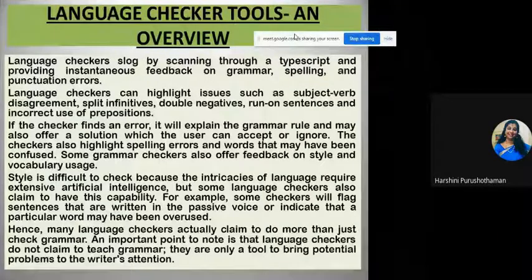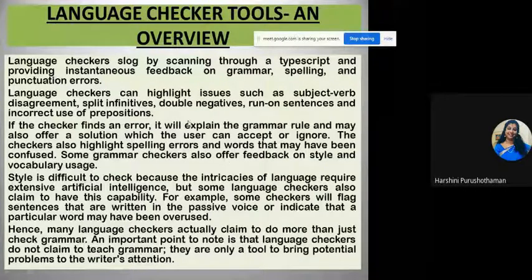An important point to note is that grammar checkers do not claim to teach grammar. It is only a tool to bring potential problems to the writer's attention. It just points out that these are the problems in your thesis, and you have to correct it. It's your decision whether to accept or ignore.